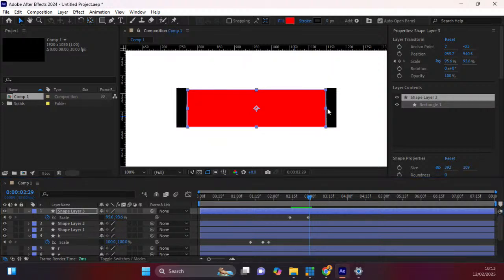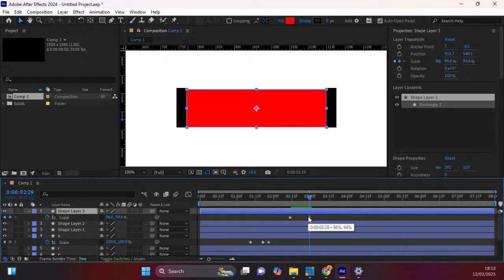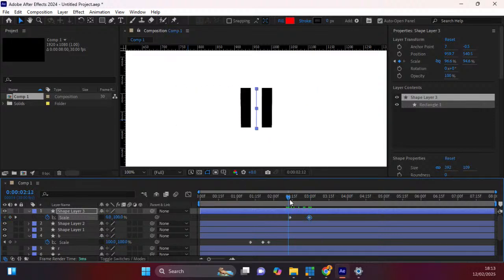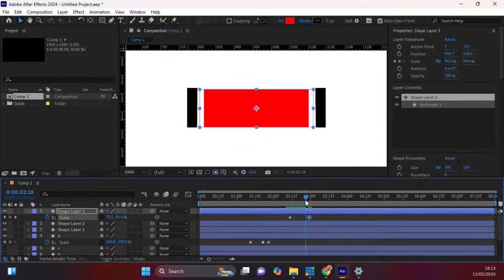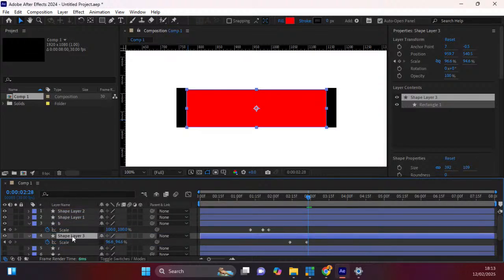Let's increase the size again, like this. Okay. So I have multiple keyframes here, so I can delete this one. So now we have this keyframe looking amazing right now. Let's move this back so that it matches it more. Okay. Now, what we're going to use this for, we're going to drag this shape layer down here, and